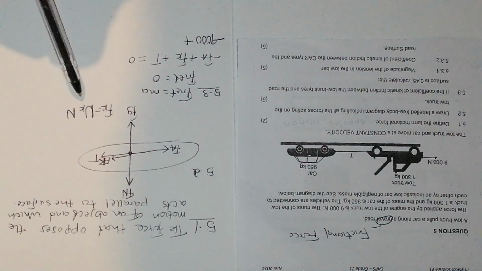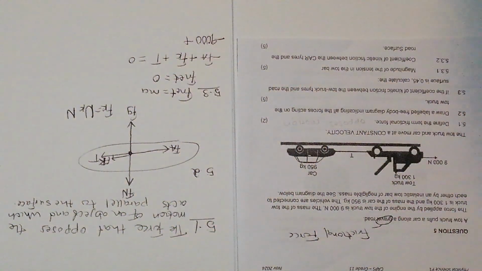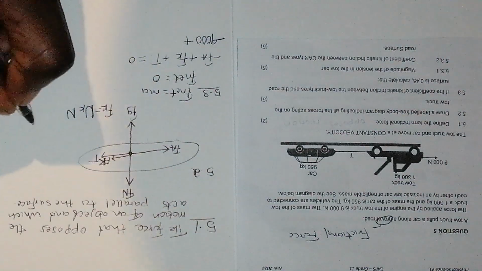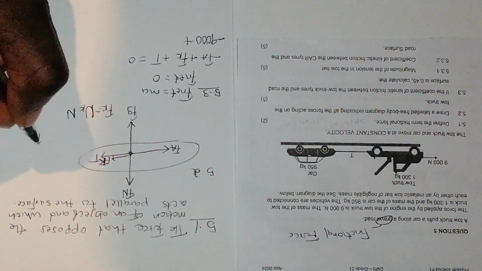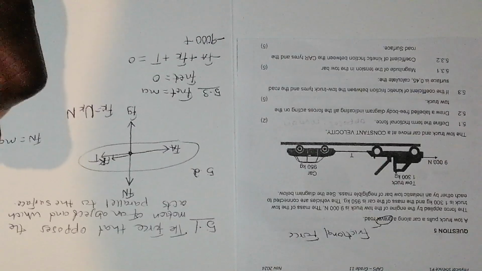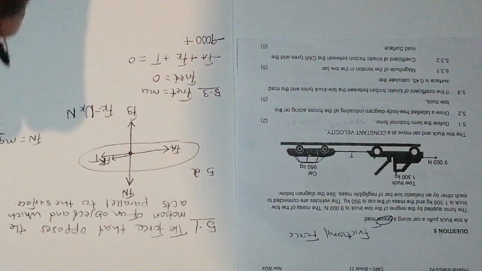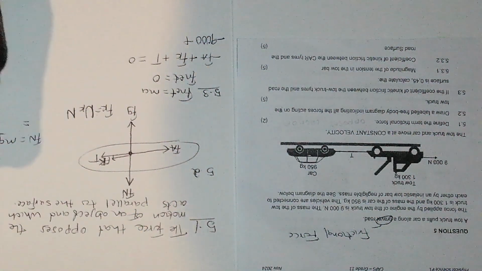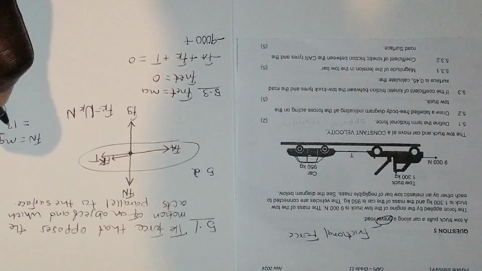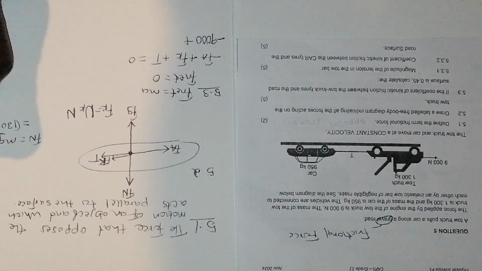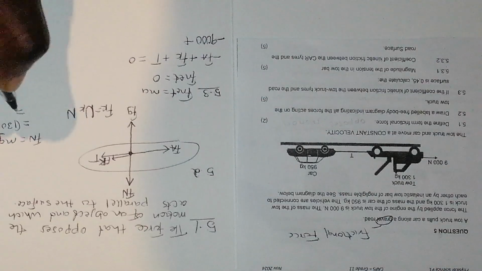We are only given 0.45 as the value of the coefficient of kinetic friction. Therefore, we'll calculate the normal force. It will be Fn equals mg. What's the mass of the tow truck? It's 1,300 kg multiplied by 9.8 equals